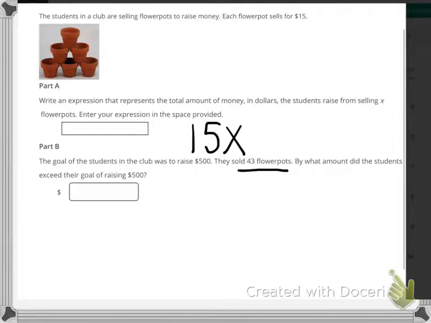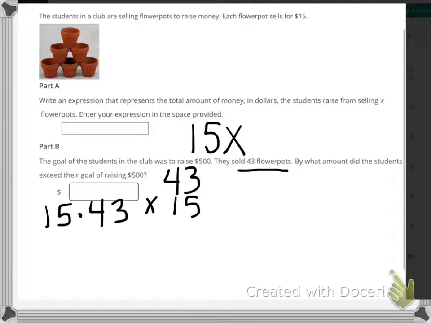So we can put the number 43 in for the variable x to figure out how much money they raised and how much they exceeded their goal. So we can do 15 times 43, putting 43 in for x. So to do the math for 43 times 15, to find out how much money they raised, we have 5